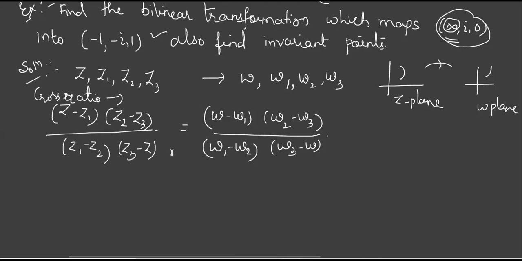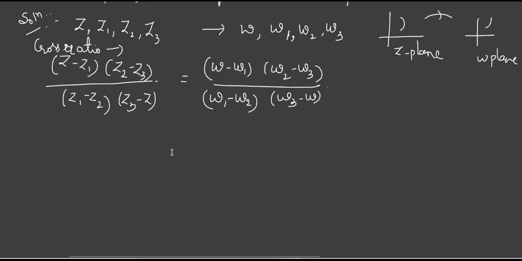If you answer the questions, it is going to be easy, otherwise difficult. Z1 is appearing in two brackets, one in numerator and one in denominator. This happens for any point. You take any point, it appears in two brackets, one in numerator and one in denominator. So if any point is infinity, this is a case where Z1 is infinity. I'm telling in general, any point is infinity. First take it outside from the bracket, cancel it and then substitute. Now, if I put it as infinity, it is problematic.